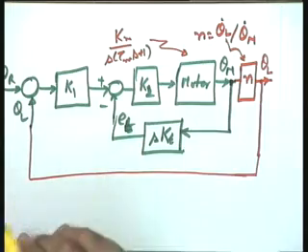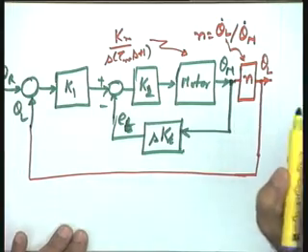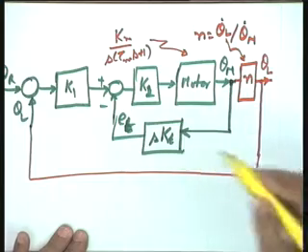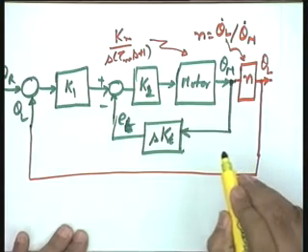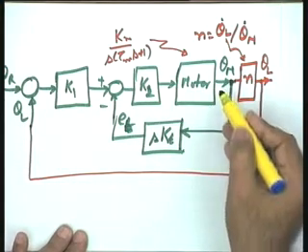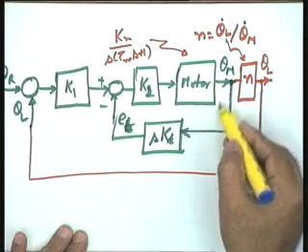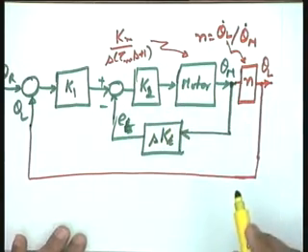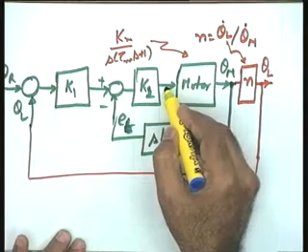However, that feedback loop is not because of us, that is, we have not added a component there. That feedback loop is because of the inherent nature of the motor, which is through the back EMF. So if I want to take this feedback loop also from theta m, if I tap a signal, S into Kb I will put, and suitably that particular block will be completed over here.